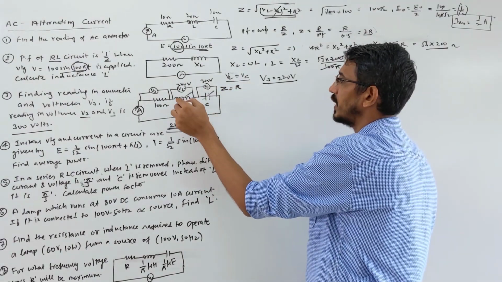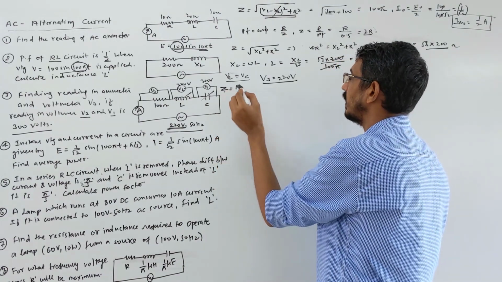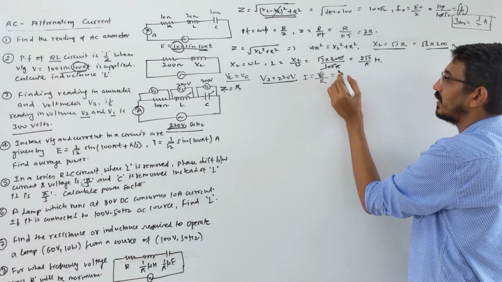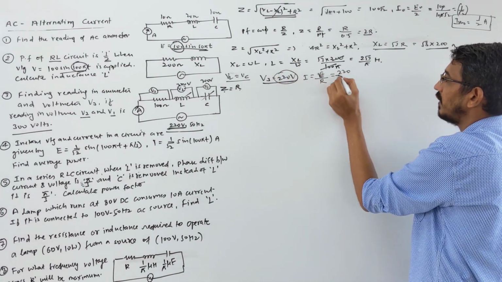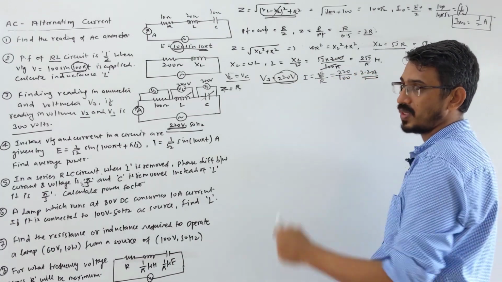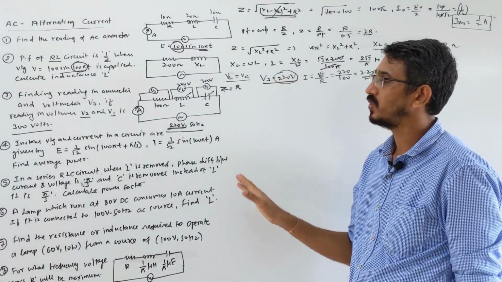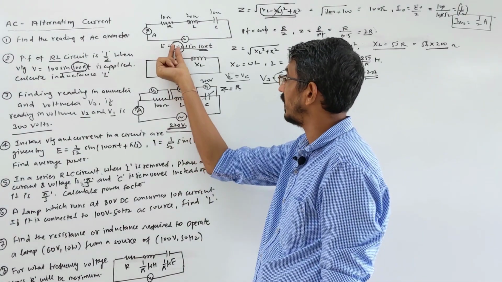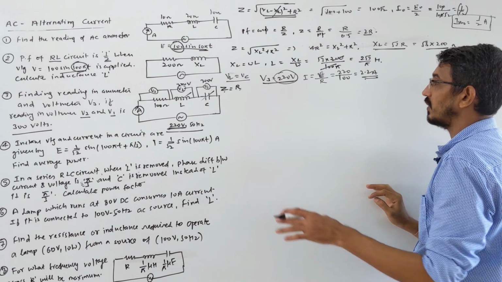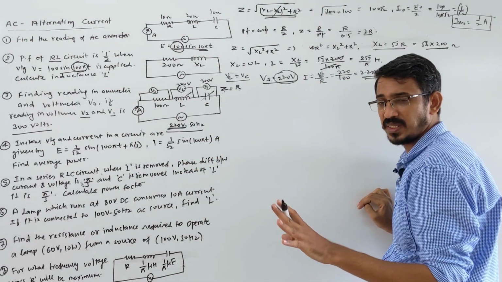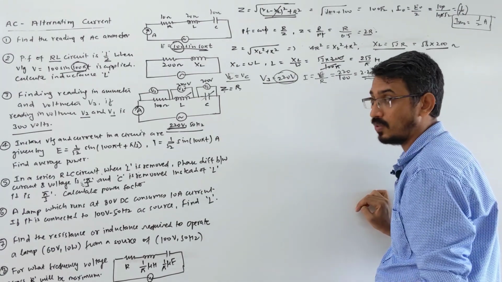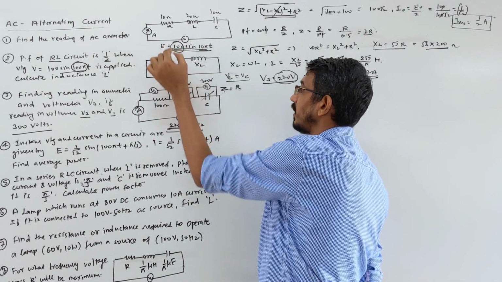So we don't need these things XL and XC, because we know Z is equal to R. So the current you want to find, current is called what, your V or E by Z, which is simply equal to R here. So E, the RMS value, is 220, and Z is 100, so it's 2.2 ampere, and this is already an RMS value because the voltage there is an RMS voltage. Suppose again the equation was given as 100, then first you calculate your RMS voltage, then you can calculate current directly. Otherwise, when you calculate current, this is also an RMS current, be careful. AC ammeter or AC voltmeter both read RMS values. So be careful, whether the equation is given that way or this way.